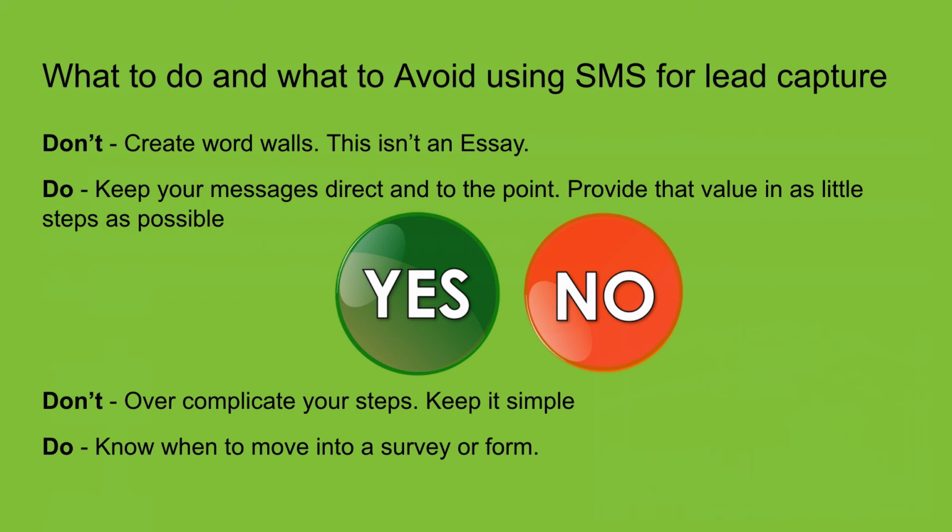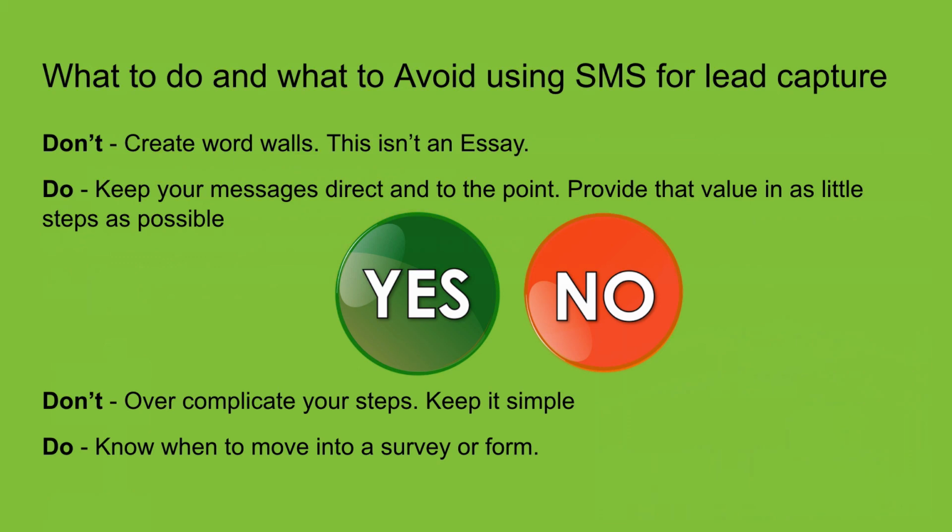Now, the biggest thing here, especially dealing with real estate, is that it's a large purchase. There's a lot of information you would need, obviously. So knowing what keyword I'm using and what situation I'm using it in, I can know when to move it into a survey where I might need to capture more information. I might want to get some ideas of what their price points are, things like that, so I can start delivering on multiple listings. So if I'm doing something for someone who wants more information about a bunch of listings in their area, I might move this conversation and give them a link to a survey, which you can do through Fix Your Funnel.